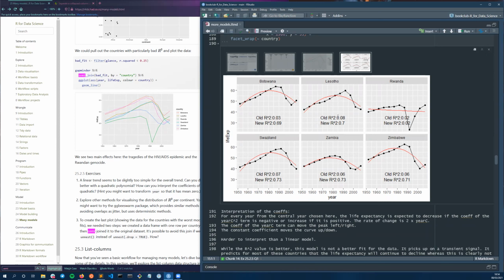But I think this doesn't necessarily mean that this is a better model, because in essence, what this model is saying is that wherever the peak is, that's the highest life expectancy. And then for every year after that peak, we expect life expectancy to drop, especially if the coefficient of the x squared term is negative. And I think this one's the only one that seems to have a positive coefficient. And I think we wouldn't necessarily want to use this to extrapolate, because clearly most of these are showing